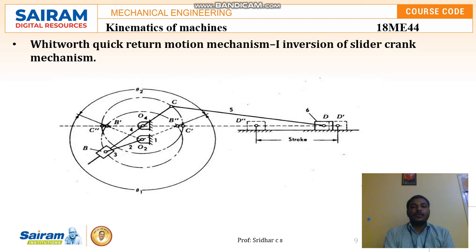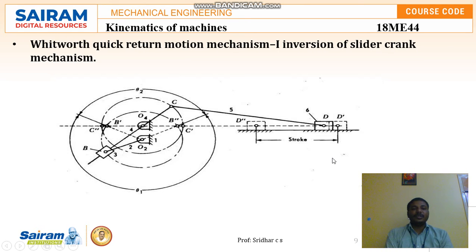So this is how the rotary movement is converted to reciprocating movement, so that it can reciprocate, as it has been connected by the connecting rod to the tool post. The tool post starts removing the excess material in the cutting stroke, and it goes back in the return stroke when the position B moves from B1 to O2 to B double dash, that is in the clockwise direction. Again, when it is coming back from B double dash to O2 to B1, that is in an anti-clockwise direction.